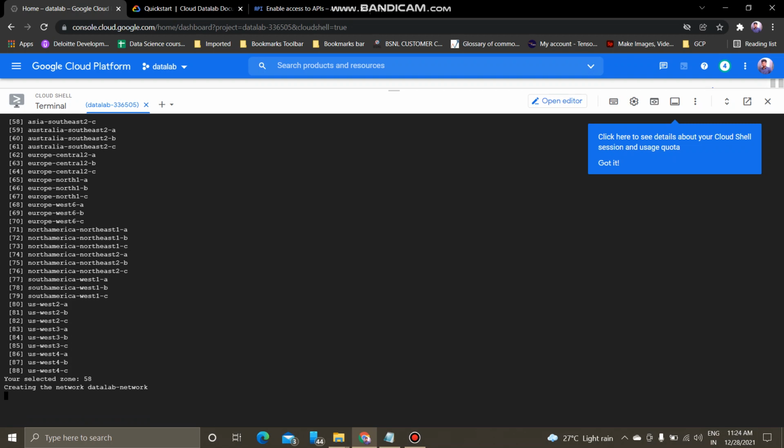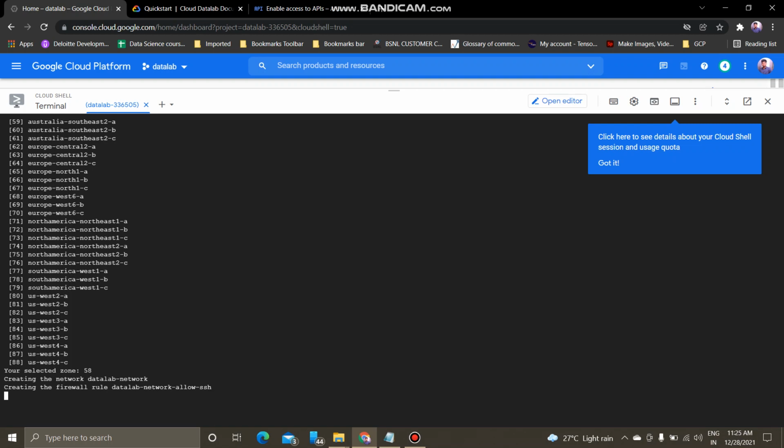The first thing our command will try to do is create a VPC network if it does not already exist. The main use of the VPC network is to isolate our Data Lab instance. Next it will create some firewall rules to keep our Data Lab instance easier and safer to access, followed by creating a persistent disk which will attach to our instance, and a source code repository where we can save all our notebooks.